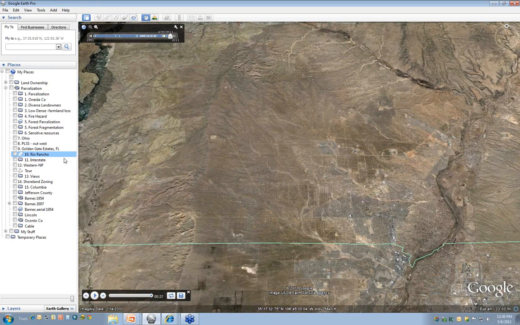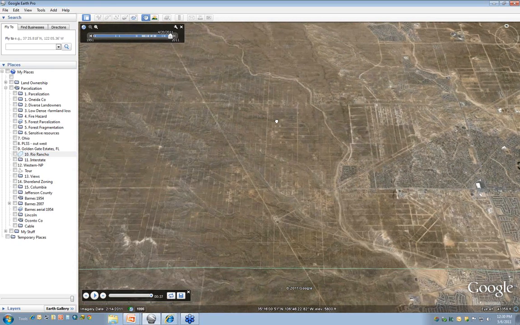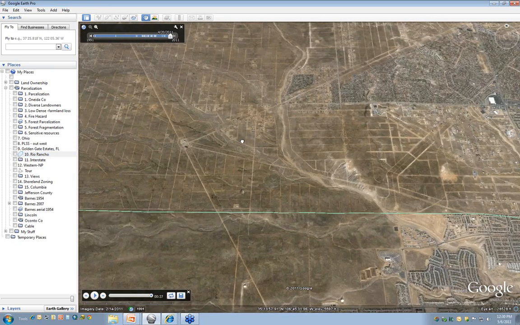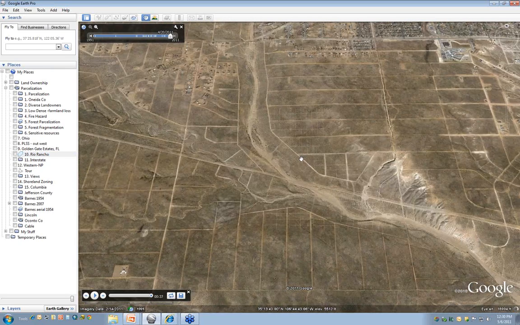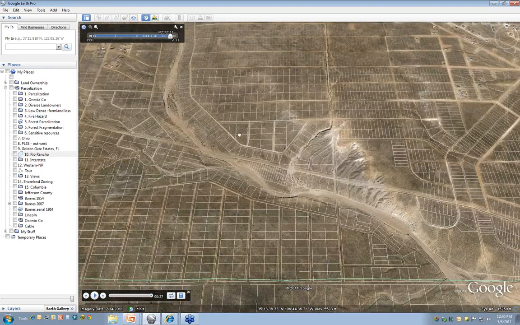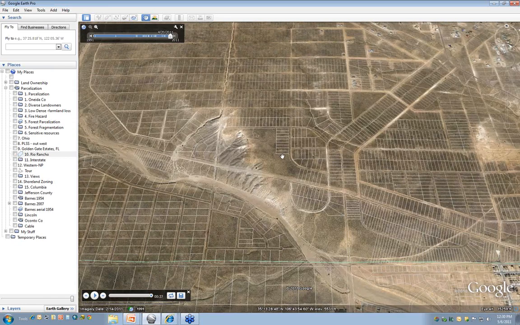So what you're looking at right now is an elevated view of just a subdivision north of Albuquerque. And as I zoom in here, you'll notice some patterns showing up on the landscape. Those are actually roads that have been scraped in. And as I get in closer, you're going to see parcels appear. And so a growing population requires more land for people to live. And I hope the parcels show up for you.